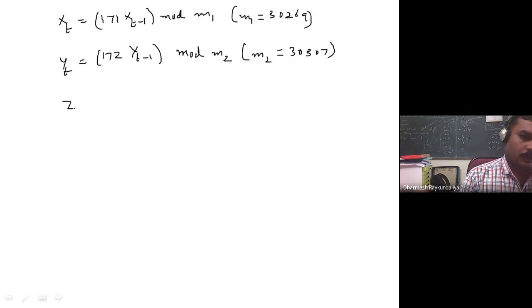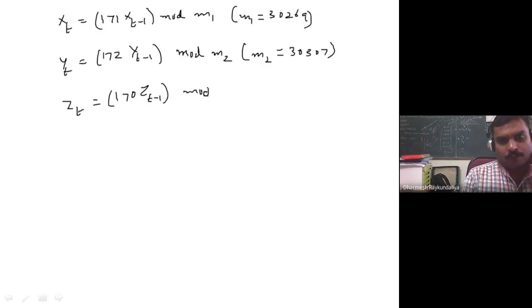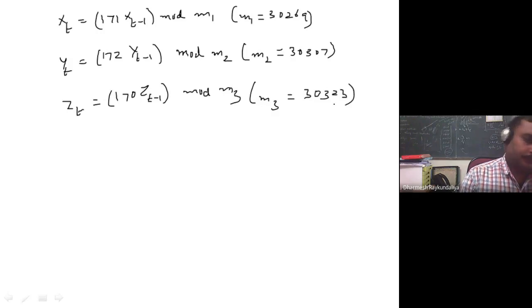And the third LCG he has used is Zt equal to 170 Zt minus 1 modulo M3, where M3 equal to 30323.